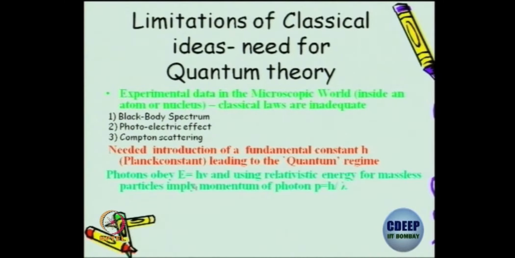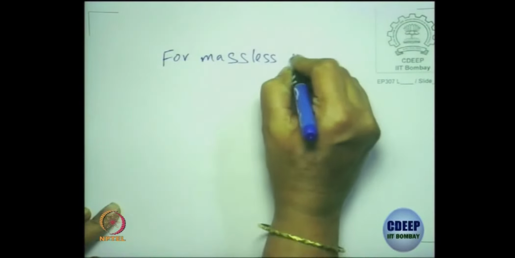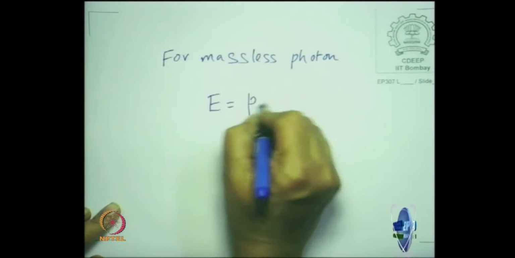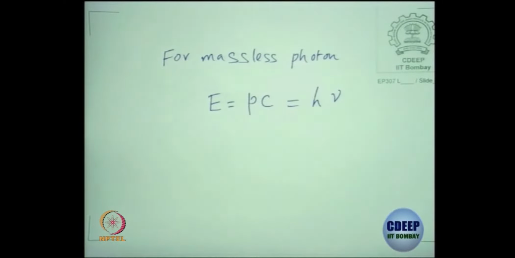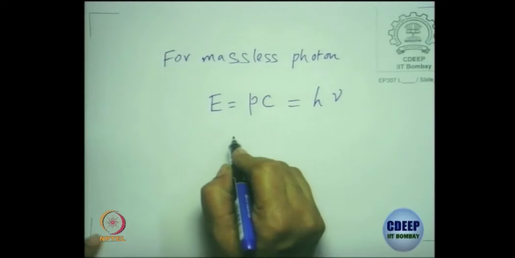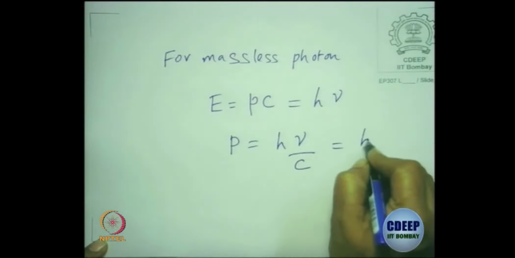E equal to Pc, and you can try and write the momentum of a photon to be h over lambda. Everybody is familiar with this, right? So, for a massless photon, E equal to Pc, which is h nu. Is it visible? And from here you can write P equal to h nu by c, which is h by